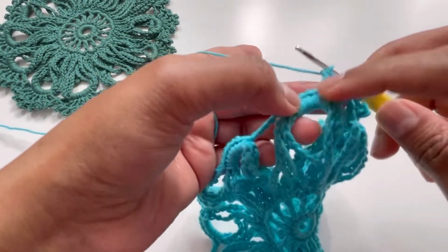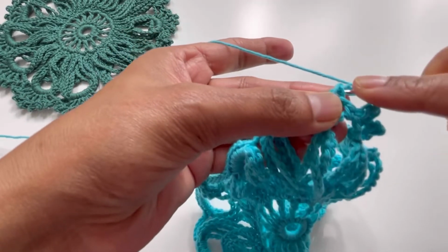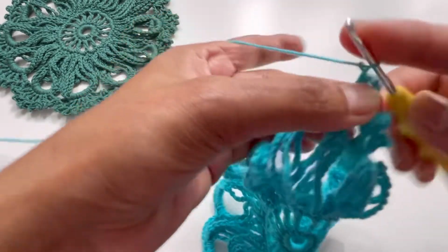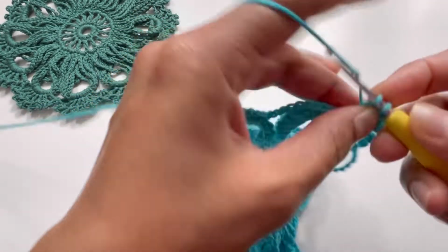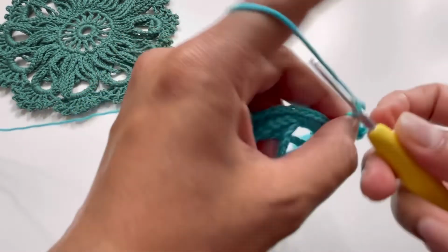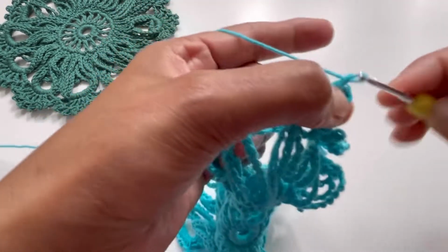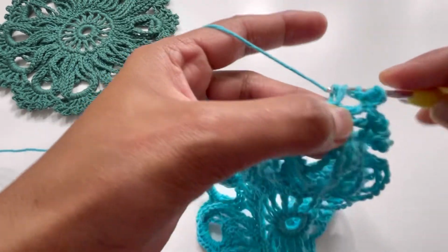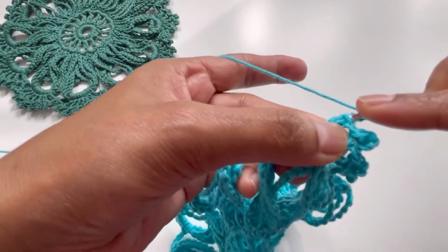So it's your first double crochet, chain 3 and make a picot here, chain 1, go to this next stitch, have your second double crochet with a picot. So it's 1, 2 and 3, chain 1, go to this next stitch and have your third double crochet with a picot. So that's 1, 2 and 3,